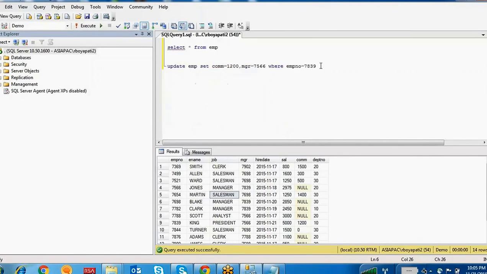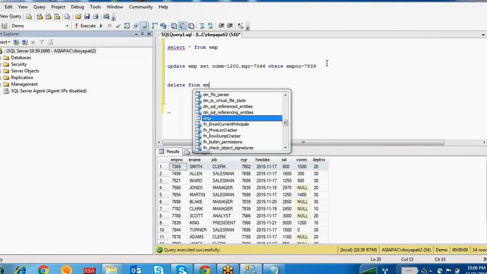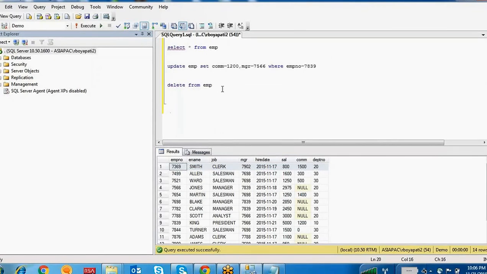If you want to delete a row, for example, I don't want to maintain this employee's information here, how can you delete the row? You have to write like this: delete from emp. If you execute this statement, what will happen? It will delete the entire table.